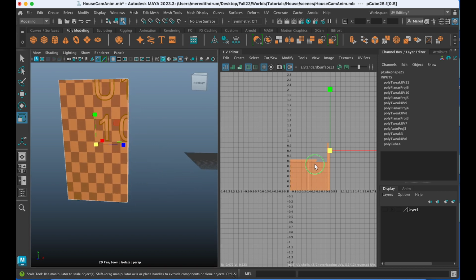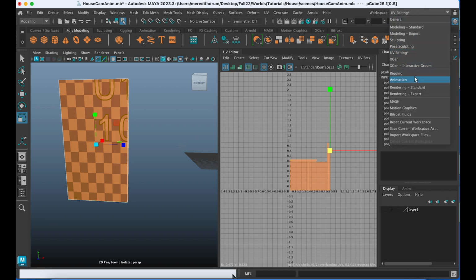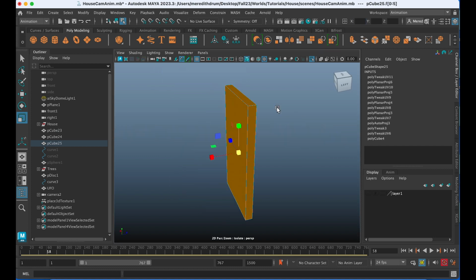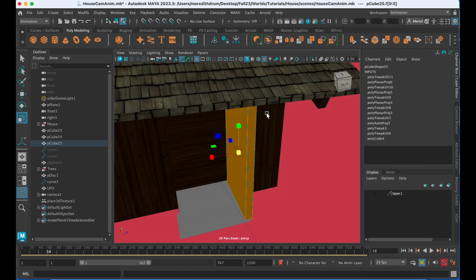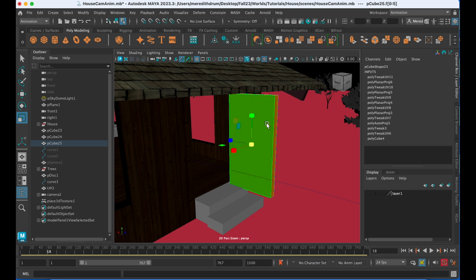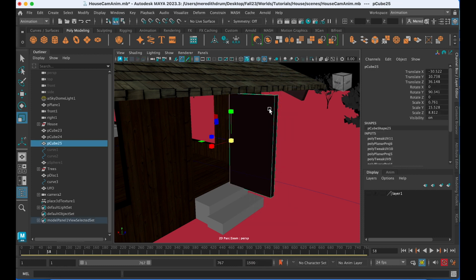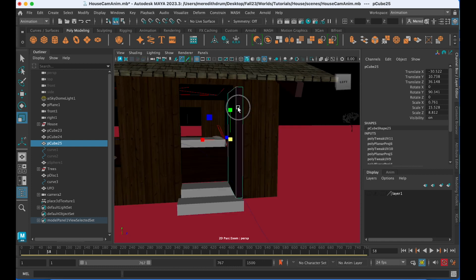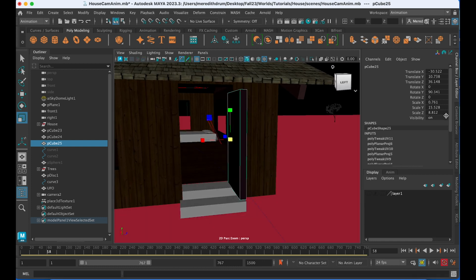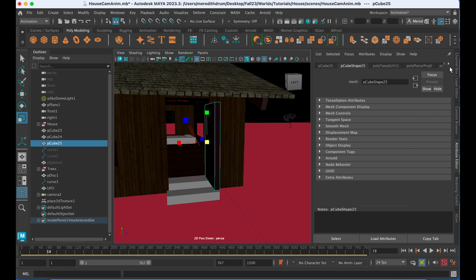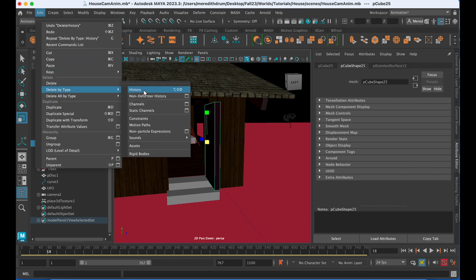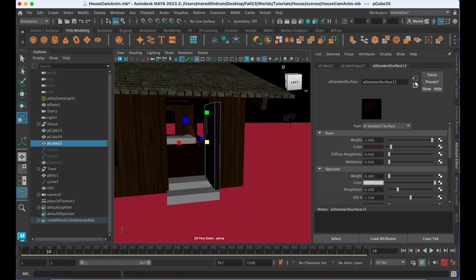Again, you can really spend as much time as you wish here. I'm going to move out of the UV editing mode, and I'm going to unisolate this. And let's just take a look at what it'll look like when we add a material with a texture. Okay, so I'm going to take a look at the attribute editor for it. And if you wish, you can delete its history by clicking here, delete by type history, or you can go up to edit, delete by type history. Okay, and here's the surface I applied for it. So it's okay, but let's apply a texture.